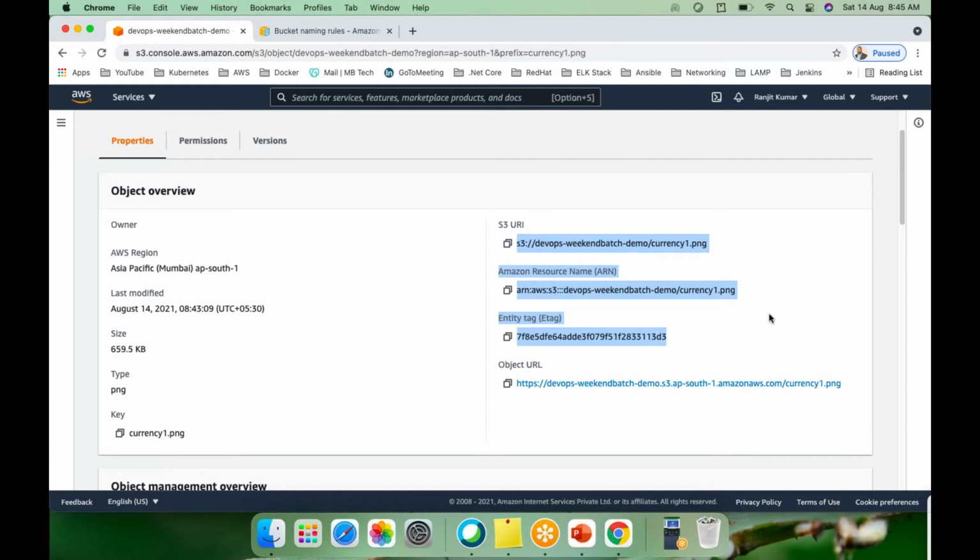This is a programmatic way to use it. And similarly, the Amazon ARN, the resource names: if you are writing any programs or any SDK, any API, any program interface, you have to use this ARN, this link.